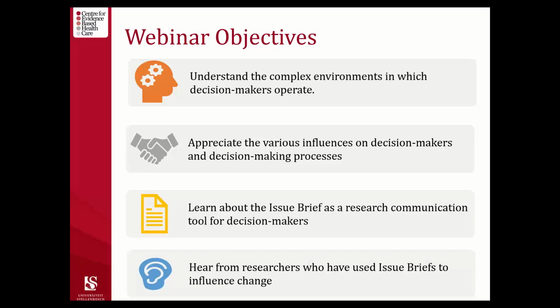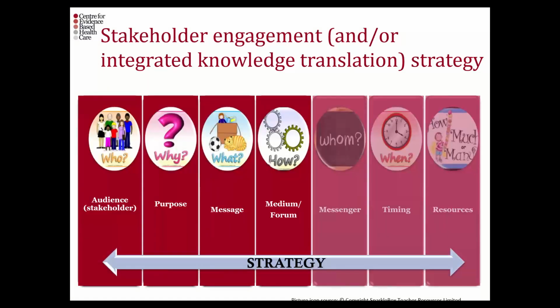So, as we think about how to engage with stakeholders or to develop an integrated knowledge translation strategy, it's a bit of an iterative process, but some of the main elements to think about are, for your issue or the particular problem you're dealing with or the policy you might be engaging with: who cares about it? Who has a stake in it? And once you've determined who the stakeholders are, it's important for each stakeholder to try to determine why you want to engage with them. And there might be many reasons for engaging with them, and I'll go through a couple of those with you.